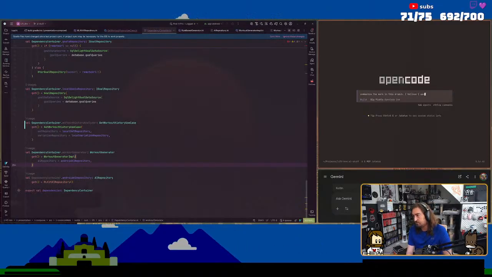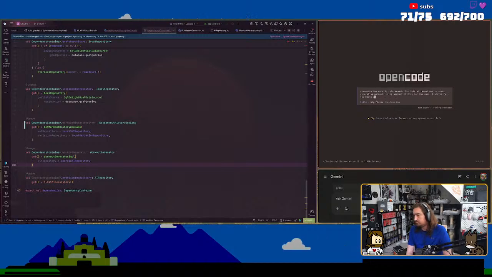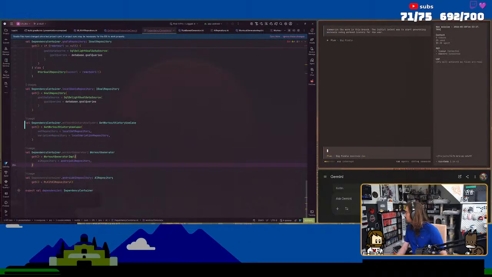I believe I was trying to identify... The initial intent was to start generating workouts using workout history for the user. I wanted to use built into... yeah. Let's just start with this.